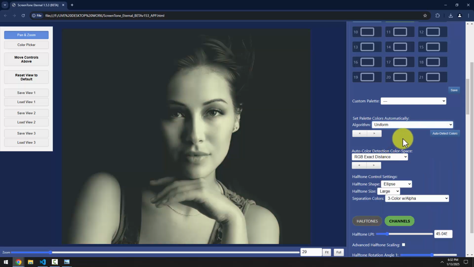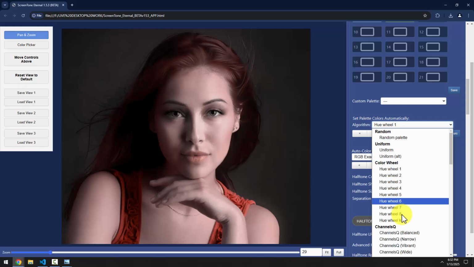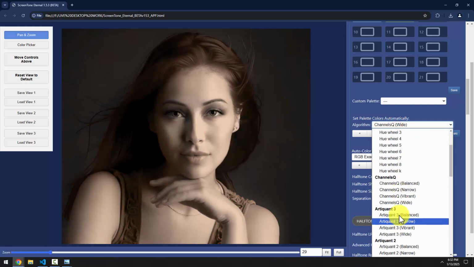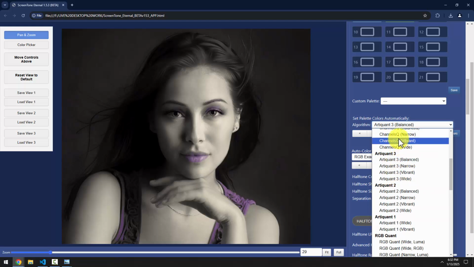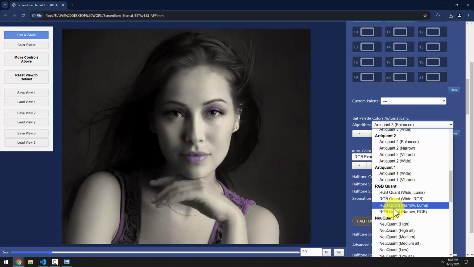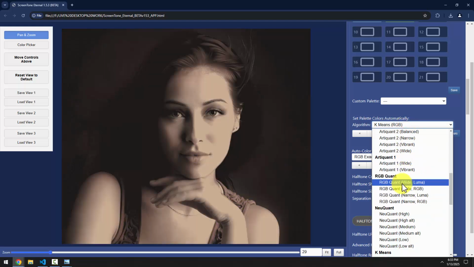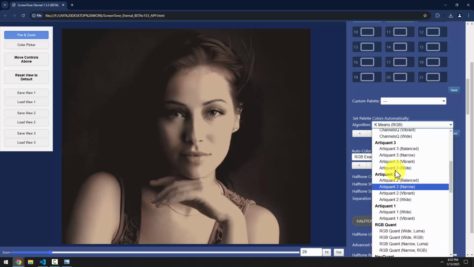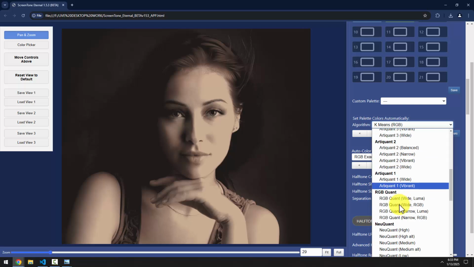You can do this uniform, hue wheel, channels Q, Artiquant. So these are just different algorithms that are in the Dithermark program. So these ones I carried over, and they look at the original image and try to find the best colors rather than you having to manually pick them. But it's not usually going to work perfectly unless the art has some obvious colors that should be used. But let's just go back to the Artiquant one, or RGB